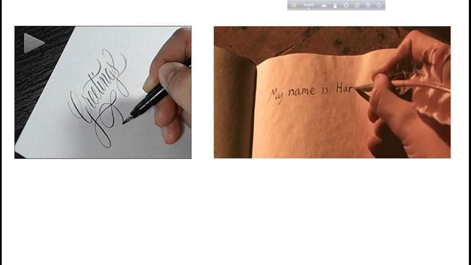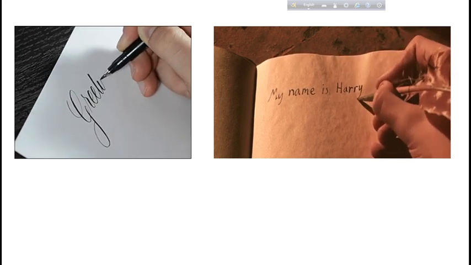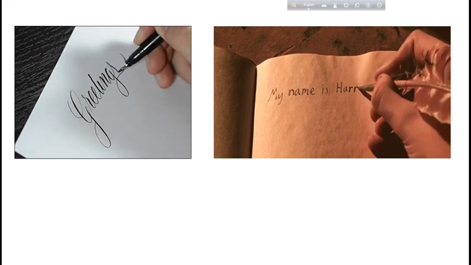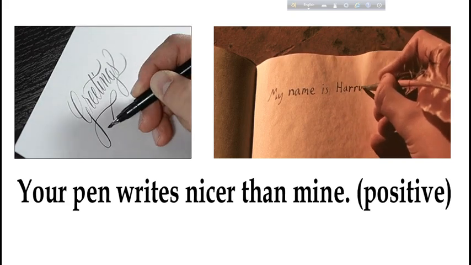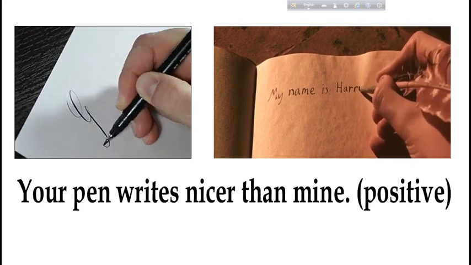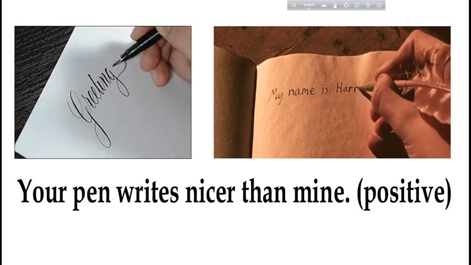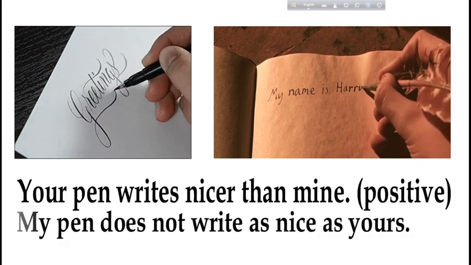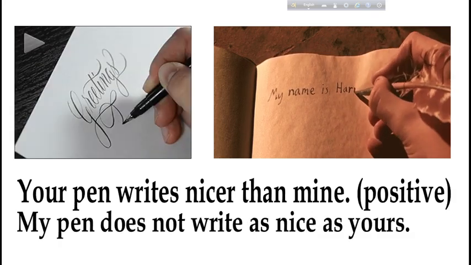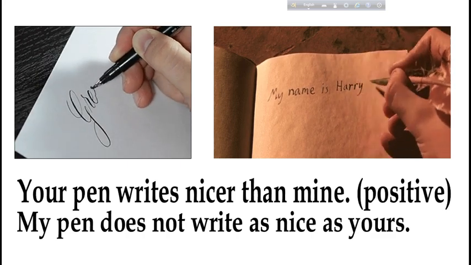Dear learners, here we find two pens. The first pen is very beautiful. The second pen is not so beautiful. That means your pen writes nicer than mine. It is also comparative. Just practice it into positive. My pen does not write as nicely as yours. Okay, dear learners,